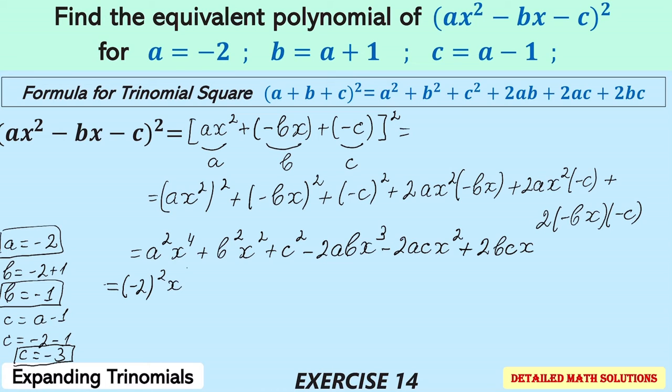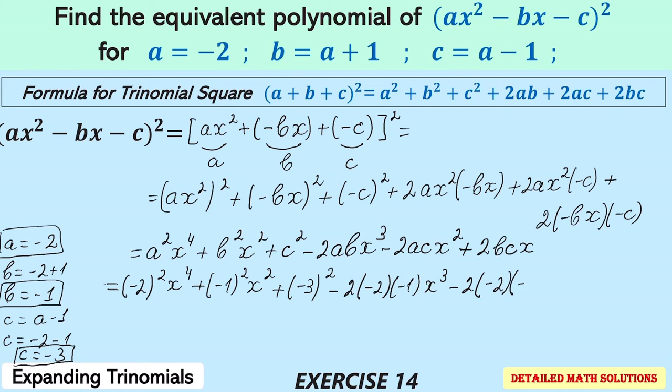(-2)²x⁴ + (-1)²x² + (-3)² − 2 times -2 multiplied by -1 x³ − 2 times -2 multiplied by -3 x² + 2 times -1 multiplied by -3 times x. When I simplify further, this equals to 4x⁴ + x² + 9